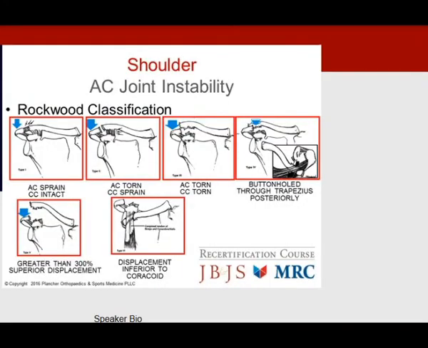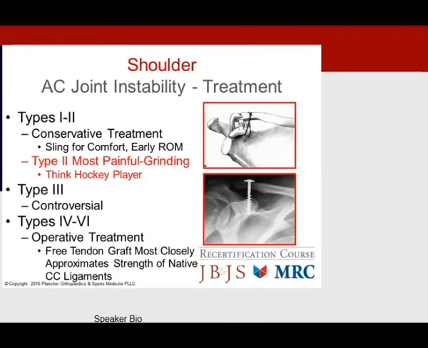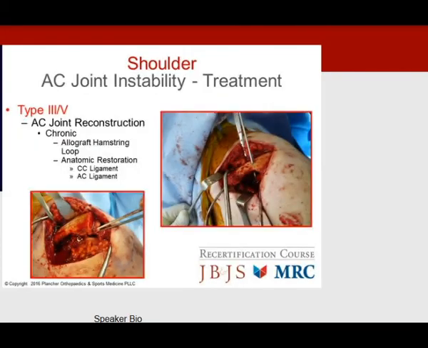Dr. Rockwood would help us to describe the various types of AC joint instability. More often than not, you need to think about the type 2, or the hockey player that has the AC joint that's hit during a game. It's the most painful because it's not dislocated, so the two surfaces rub all the time, grinding, yielding AC joint arthritis. For the grade 3 or grade 5 ear tickler, if not treating conservatively, you can at times